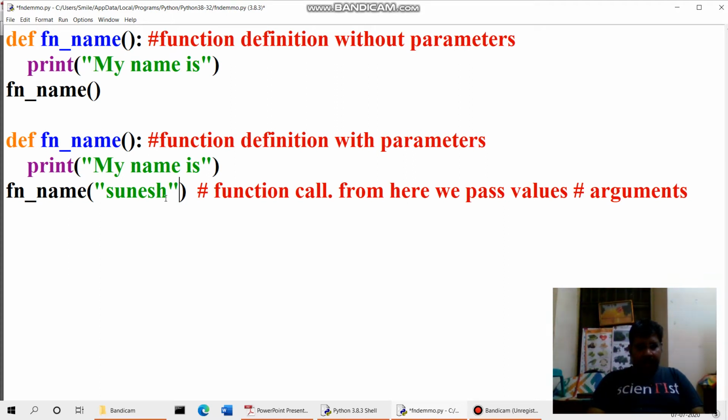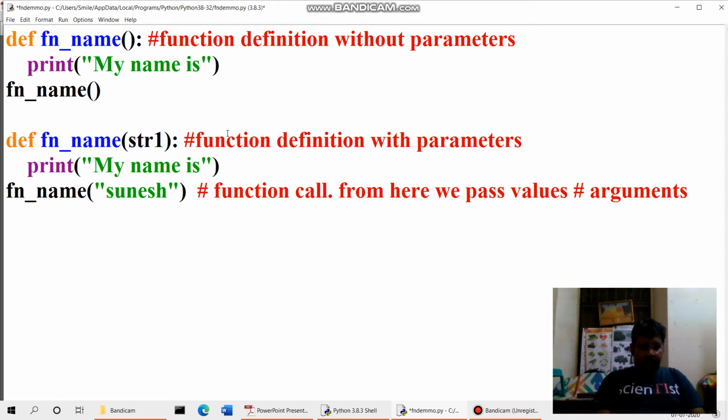This argument is passed to a variable. For example, I have the variable called str1. So this is called a parameter. str1 is a parameter.